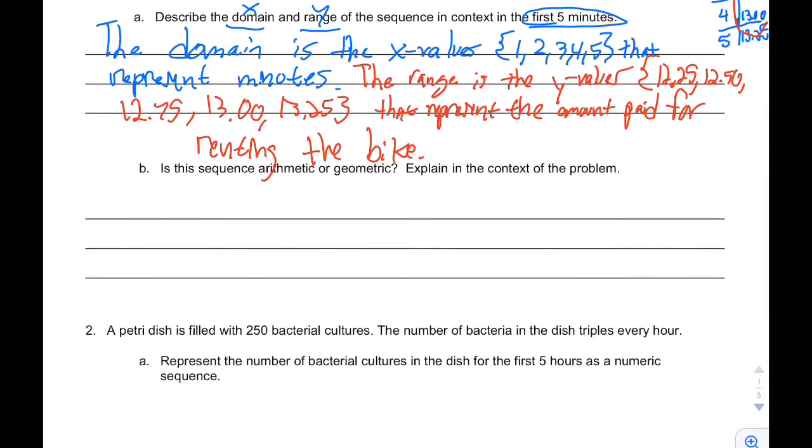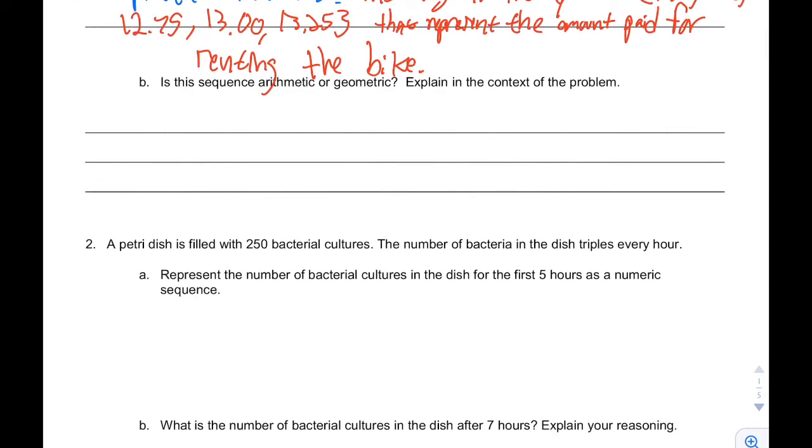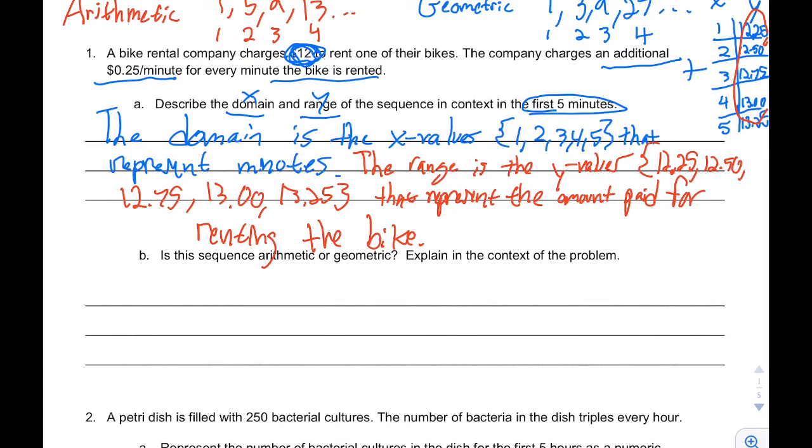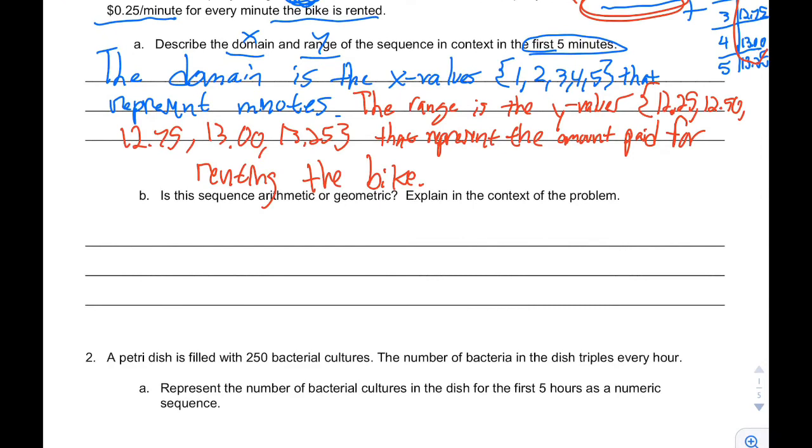All right, so part B, is this sequence arithmetic or geometric? Explain in the context of the problem. Well, remember what we said all the way at the top. Arithmetic is adding or subtracting. Geometric, think of as multiplying or dividing. Well, in this case, the problem straight up told you that the company charges an additional 25 cents per minute, right? So if you look at our y values on the table on the right side, we started with 12.25 and we added 25 cents to each term to get the next term value. So this sequence is arithmetic